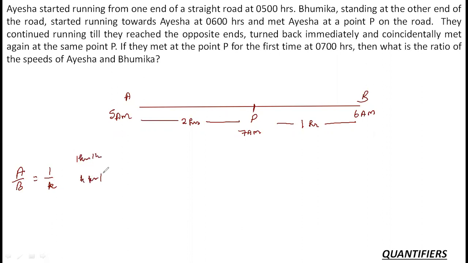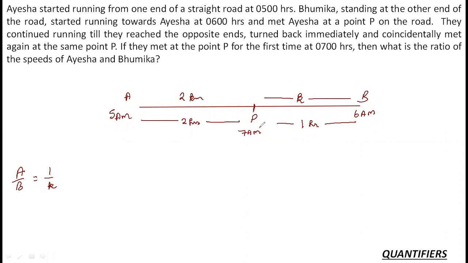km per hour, right? So can I say when A started traveling at 5 a.m. and reached point P at 7 a.m. and took 2 hours, so the distance from A to P is nothing but 2 km. Okay, distance is speed into time. The speed we have assumed is 1, the time taken is 2 hours, so 1 into 2, 2 hours, right? So this is 2 hours, 2 km. And this person, who was she? B, say Bhumika. Bhumika traveled for 1 hour at the speed of k, so this distance is k. Now this distance is 2, this distance is k. The ratio of their speed is 1 by k.